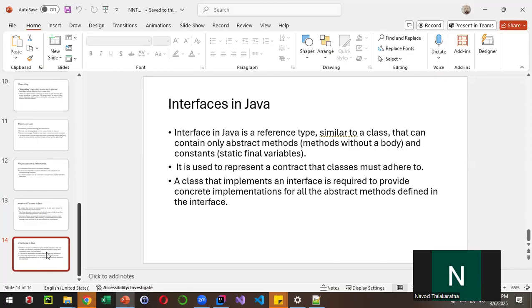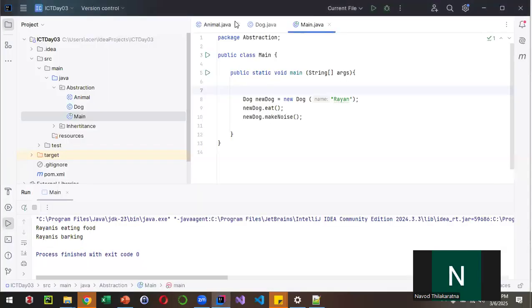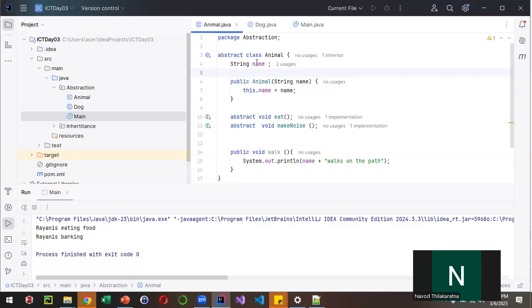In interfaces, we can only have abstract methods and constants. We call them static final variables, so you need to remember that. Interfaces can only have abstract methods. We cannot have concrete methods, right? A class that implements an interface is required to provide a concrete implementation for all the abstract methods defined in the interface. So with the same example, I'm going to go to the Animal.java class file